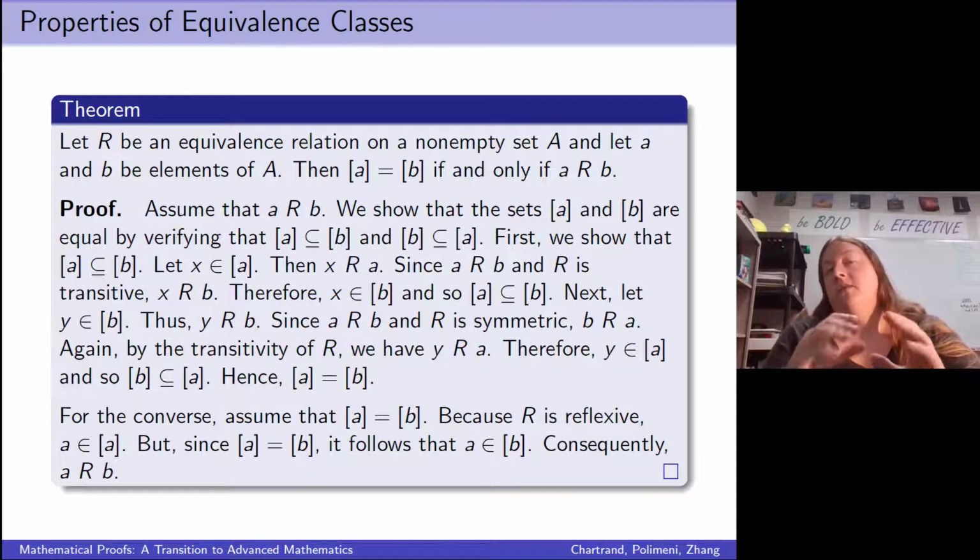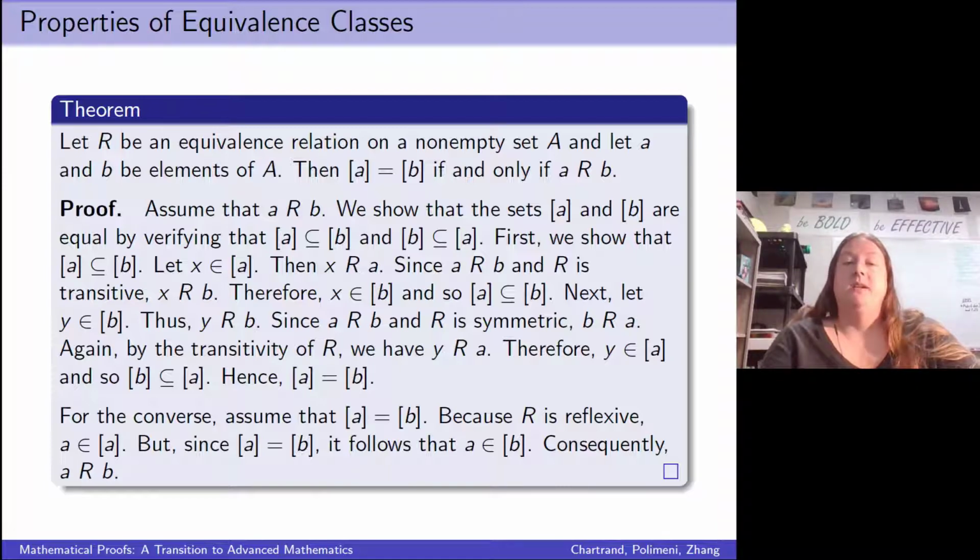Well, the equivalence class of a equals the equivalence class of b, so that means that a, the element, is also in the equivalence class of b. Therefore, a is related to b by the definition of an equivalence class. So therefore we have that